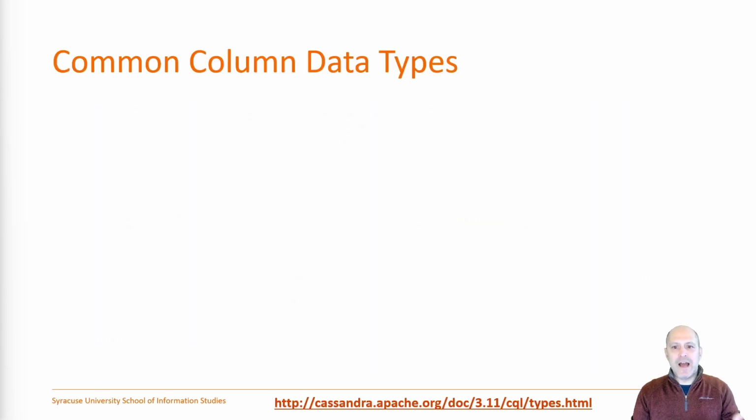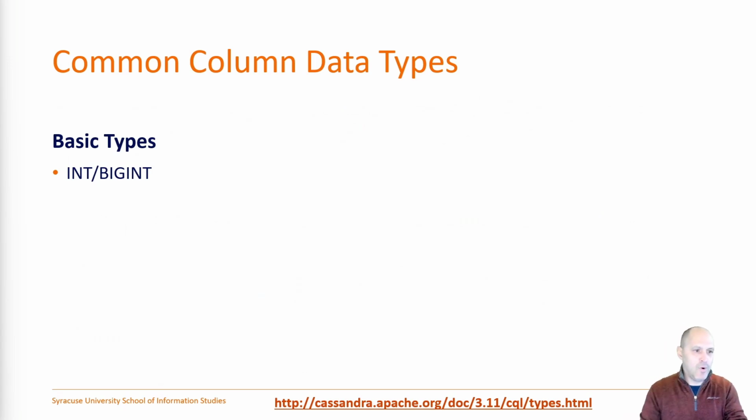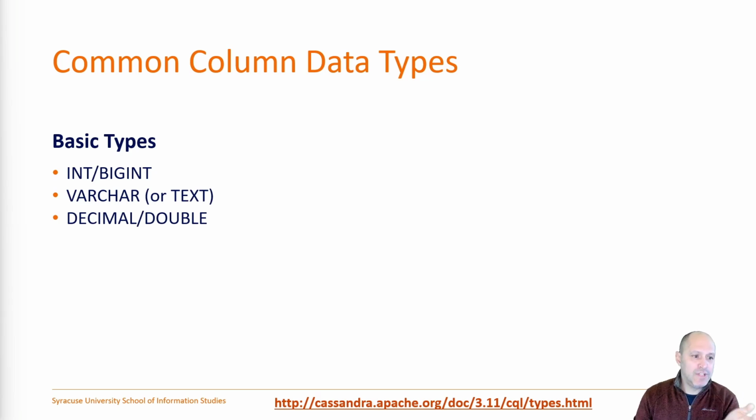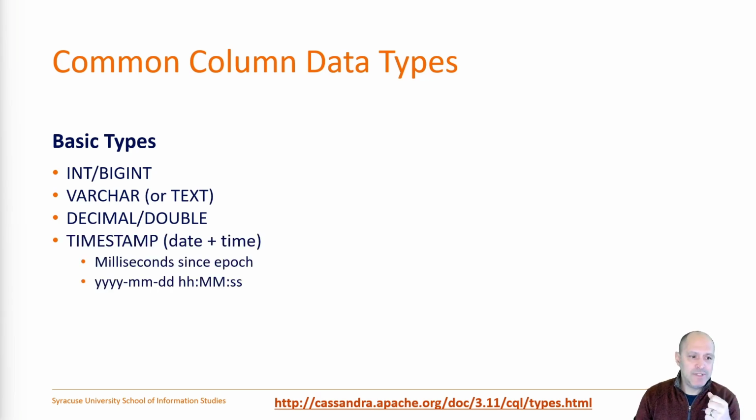So let's talk about some column data types. We have int and big int. Int is 4 bytes. Big int is 8 bytes. You have varchar or text. You don't have to specify how large the varchar is. It's as big as you need it to be. We have decimals and double precision values. We have timestamp